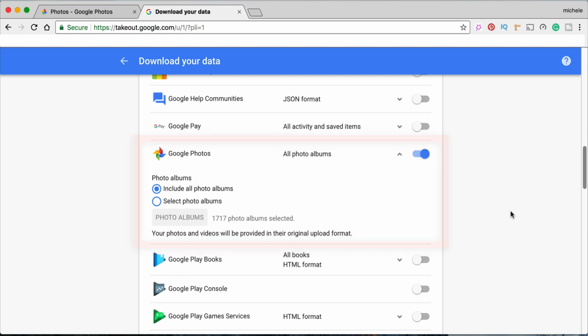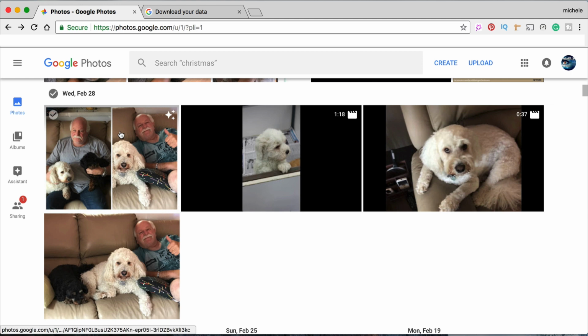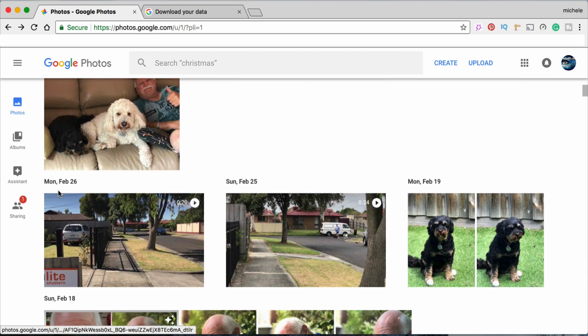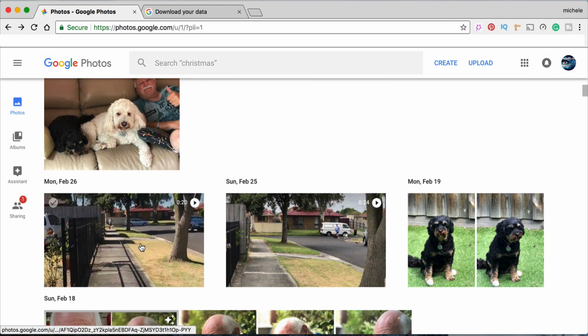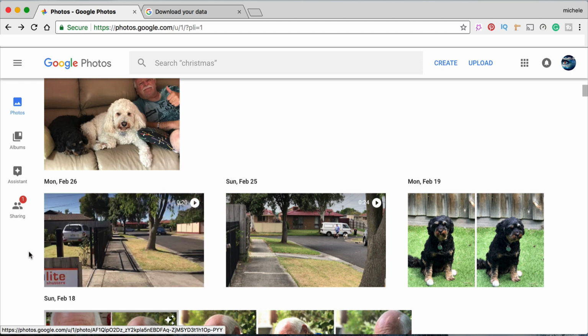If you want all your photo albums, you want to download everything because you want a complete archive. This way turns out to be very messy, and even though it's simple to download everything, once you've got the photos, it's very difficult to work with, which is why I'm going to recommend the second way. So let's look at Google Photos, and Wednesday, February 28th is one album, according to the Takeout process. The 26th of February took one photo or video, but that's considered an album, as are the actual albums that